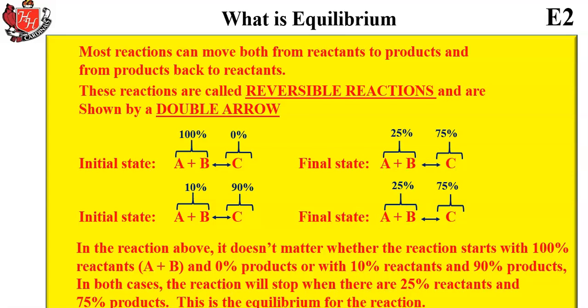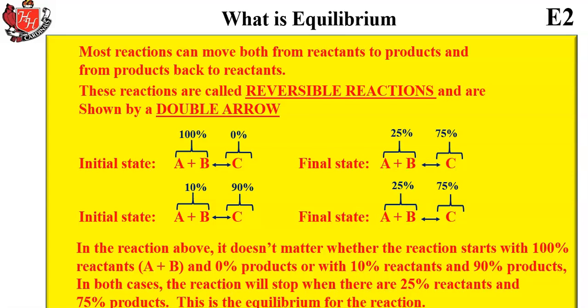So let's say, for example, you have a reaction where you do have all reactants at the beginning and no products. And then when the reaction has reached its equilibrium, you still have 25% reactants left and 75% products. So that would be the equilibrium state, 25-75. That means if you started a reaction where you put 90% products into the vessel and only 10% reactants, it would move backwards. It would move to the left, from right to left, so that you ended up with 75%